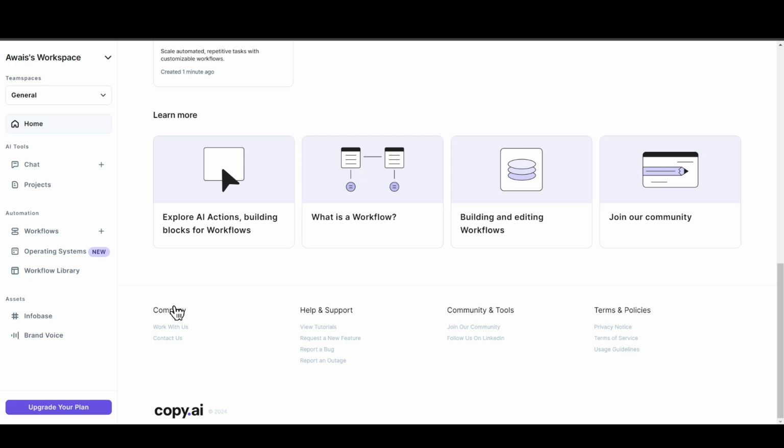Now, a few months back, many people started complaining that they can no longer access the affiliate program link that was in the company section. So, in my opinion, copy.ai has removed the affiliate program from their website and you can no longer access it. If you have access, you can simply click on it and you're going to need to